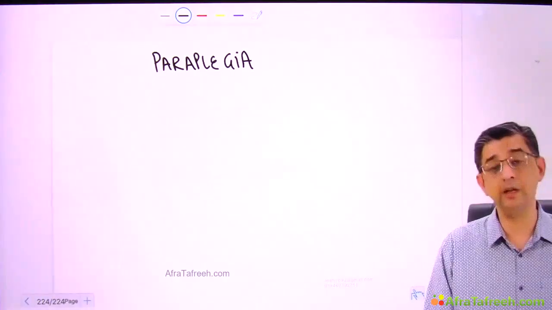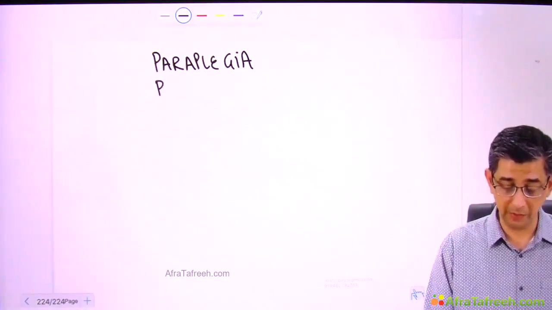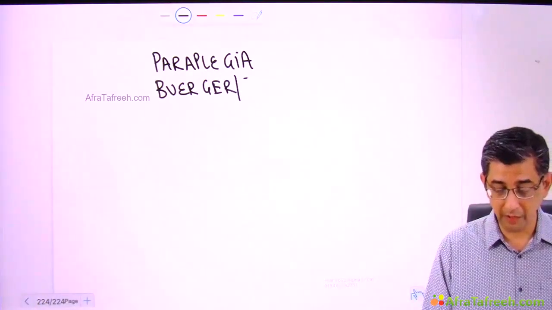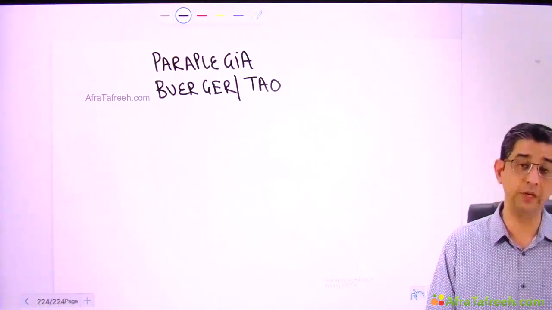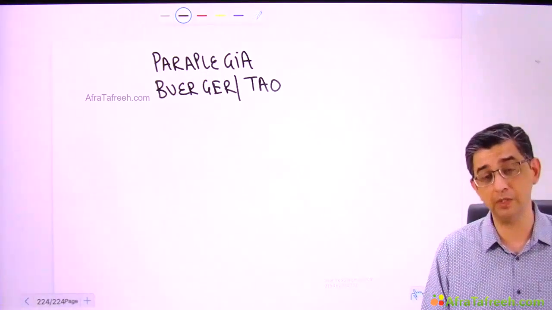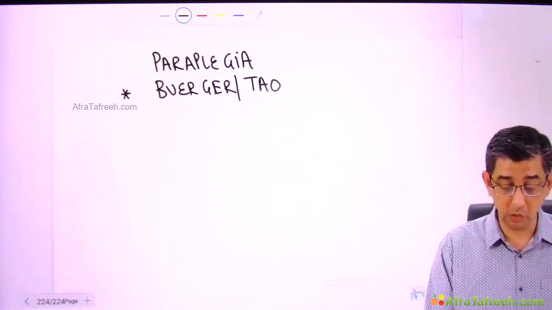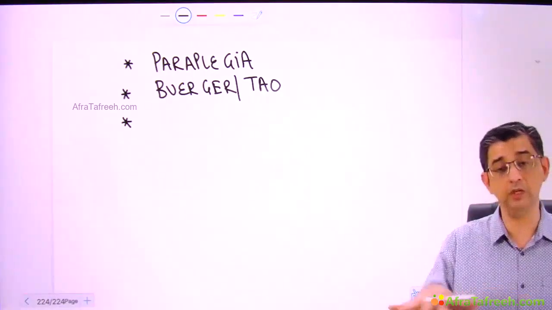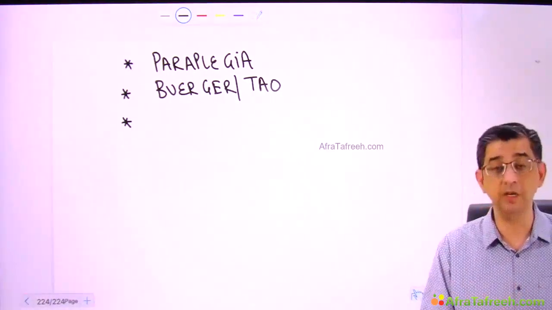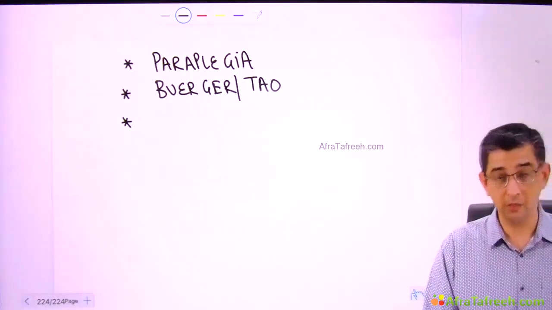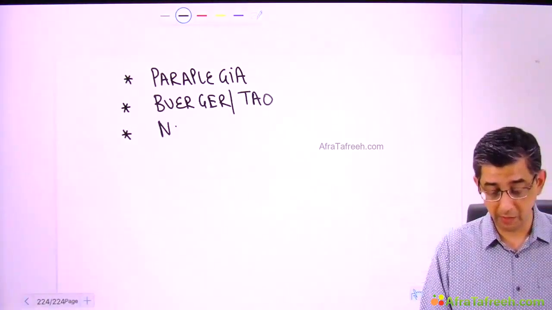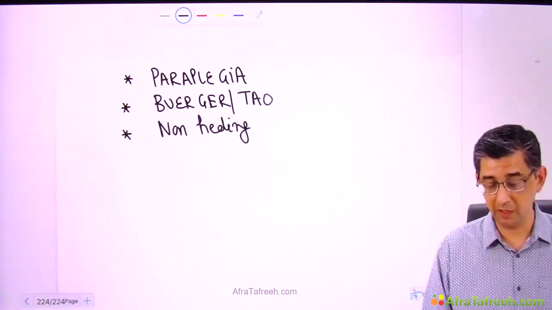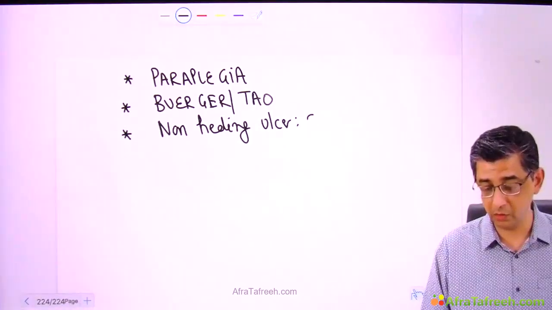Or I create another scenario for you. He is a patient of Buerger disease, thromboangiitis obliterans. He is having intermittent claudication. He walks for a few meters, he develops calf pain, he develops severe pain in his toes. In those circumstances, he cannot be expected to walk continuously for the duration that we specify till we get a target heart rate. Similarly, I have a diabetic patient whose HbA1c is 12%, and he's having a non-healing ulcer on the sole of the foot.